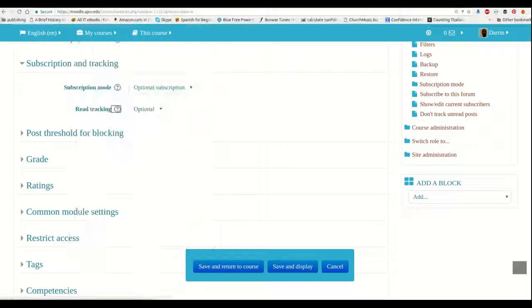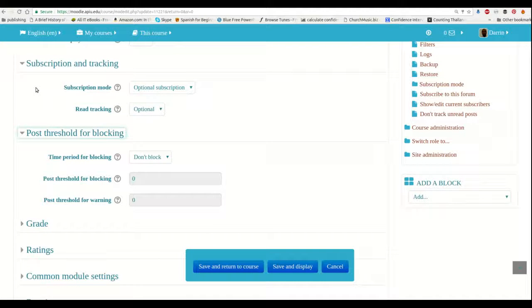Now, post threshold for blocking. This is great if you have disciplinary issues in the forums. You can block how many times people can post within a certain given time period. You can give them a warning. Again, this is more of a management tool for those difficult students, I guess. Other than that, I don't see any real use for this for the typical